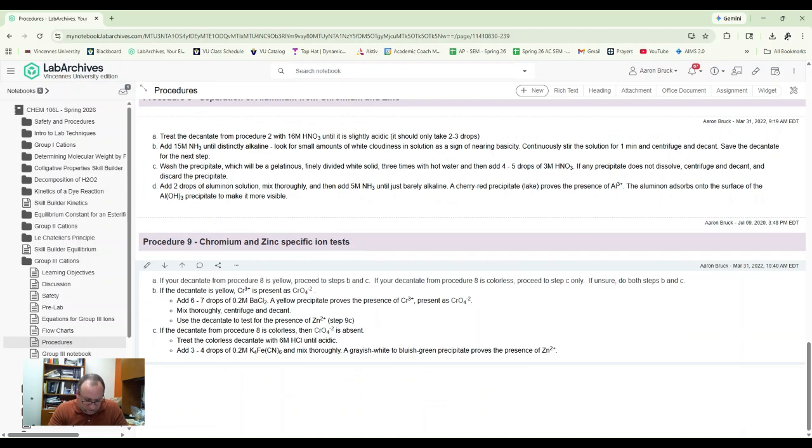So in terms of time, the group 3 analysis, even though there are more ions, does not take as long to do. And the reason it doesn't take as long is, 1, we get to skip the 2 most time-consuming steps. And 2, we don't have to separate all of the ions from each other before we characterize them, because once we get them into their subgroups, the ions themselves have specific enough tests